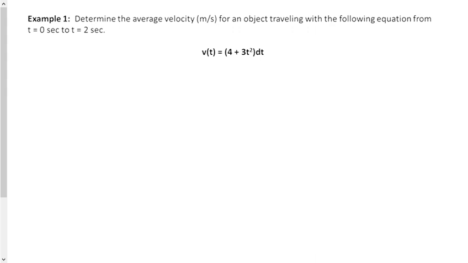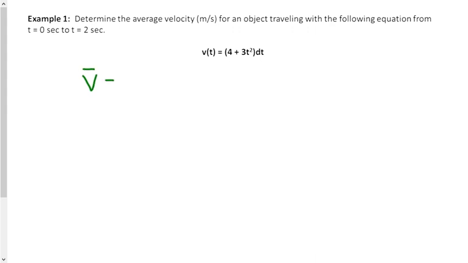Let's look at example 1. Determine the average velocity for an object traveling with the following equation from t equals 0 to t equals 2 seconds. V of t equals 4 plus 3t squared. Okay, the average velocity then for this